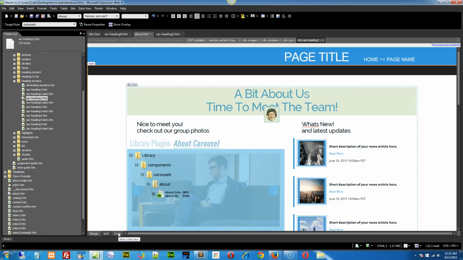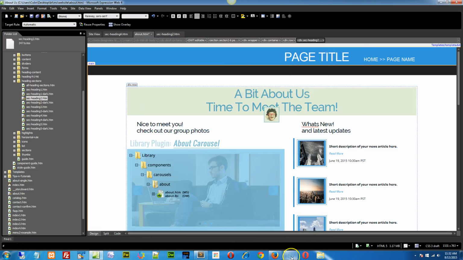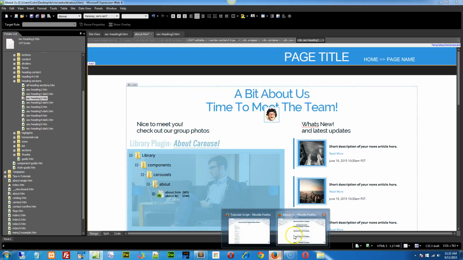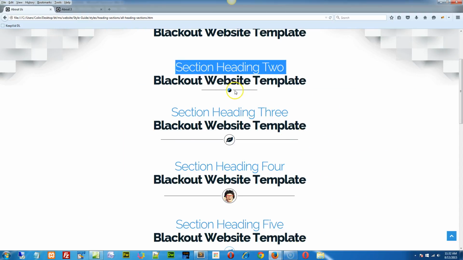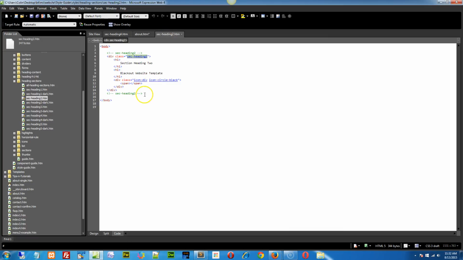That's one way, but really the differences with the different section headings is a little bit more to do with the entire package. This one has this little decorative half circle and line below it. So what I really suggest you do is go into the example page, grab the entire chunk of code that's